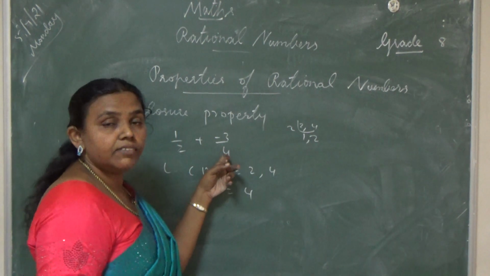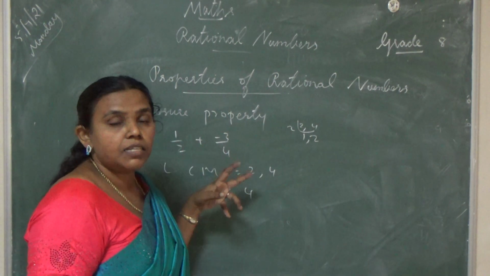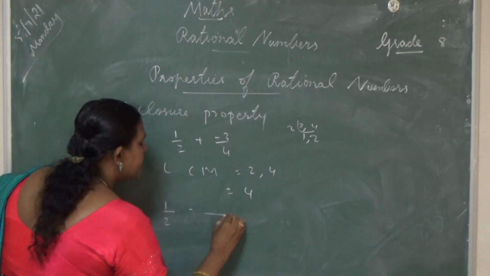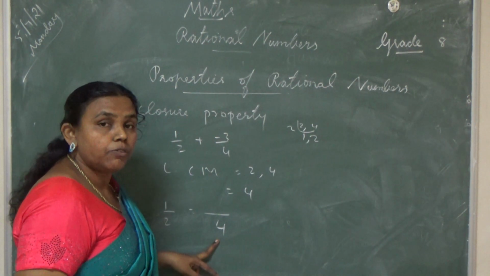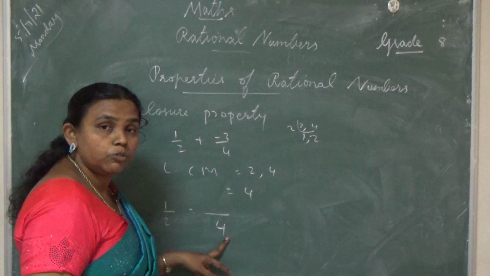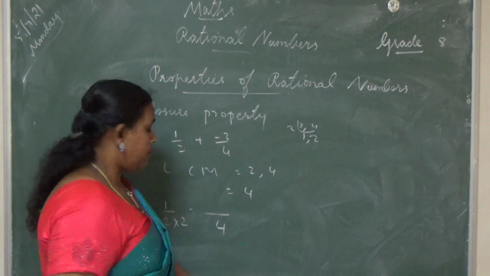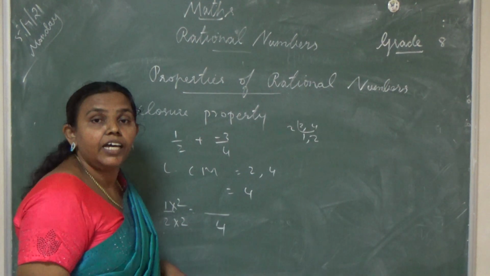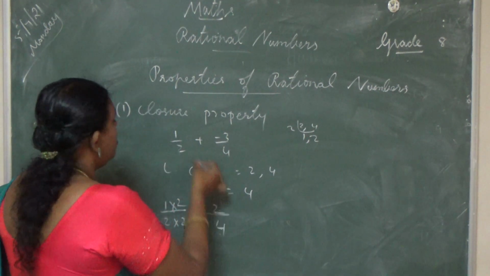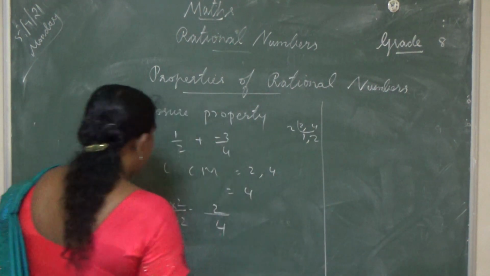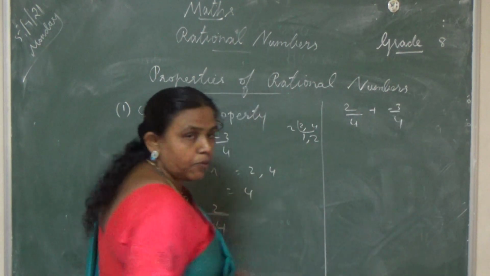So the second number we have the denominator 4. So we don't want to worry about the second number. Just we have to worry about the first number only. What is the first number? 1 by 2. What is our goal? We have to convert this denominator as 4. That's it. So what we have to do for bringing the denominator as 4? We have to multiply the denominator by 2 so that I will get 4. So the same number must be multiplied in the numerator also. Is it clear? So 1 by 2 is changed to 2 by 4. So 2 by 4 plus minus 3 by 4.